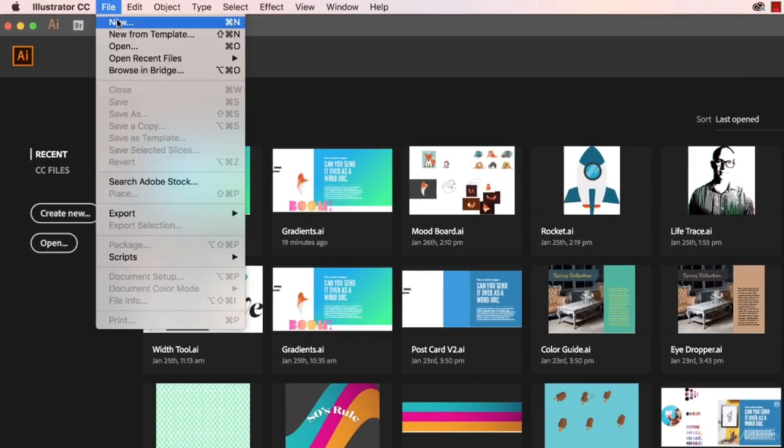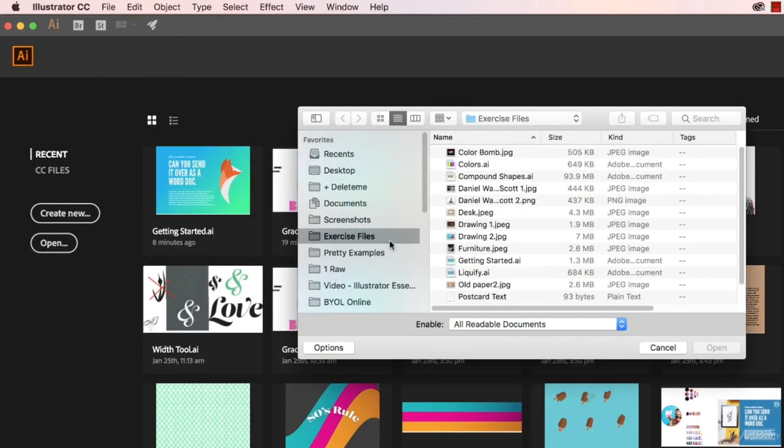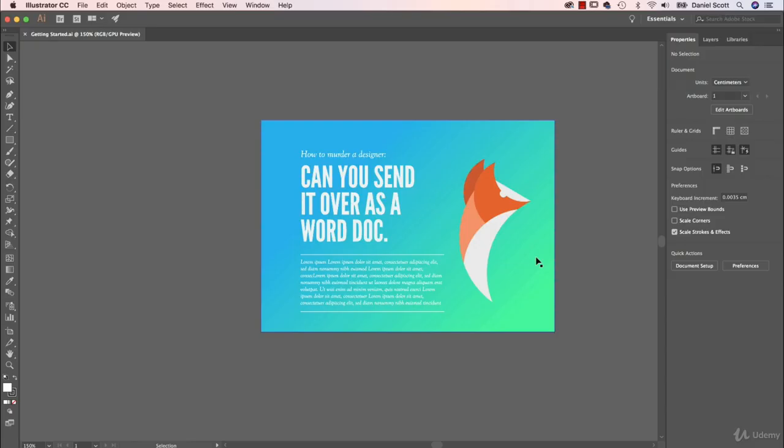Let's go up to File and let's go to Open. And in our exercise files there is one called Getting Started. Let's click Open. Okay, so the first thing we'll do to get everybody kind of lined up together is resetting